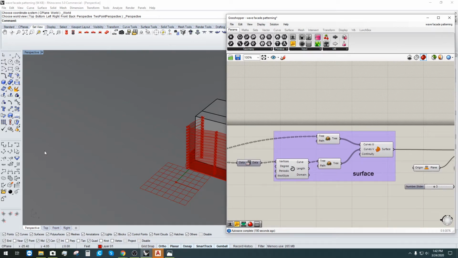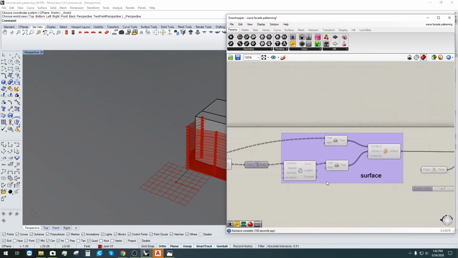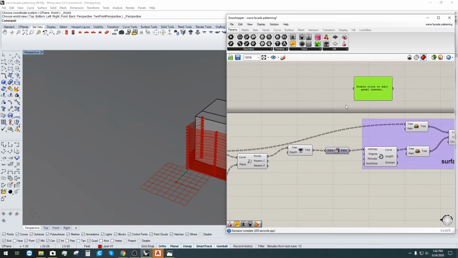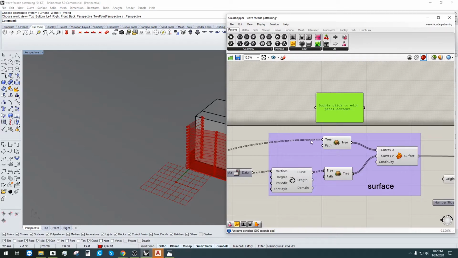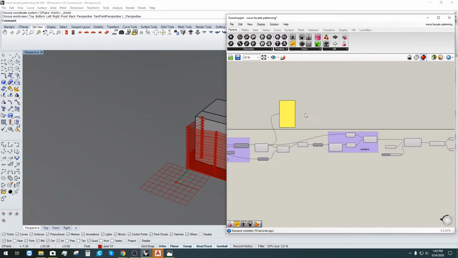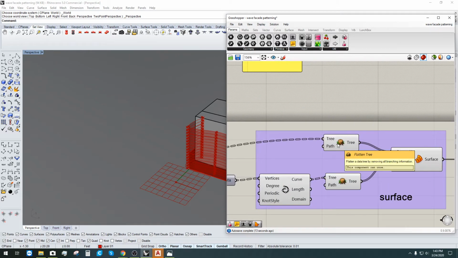Well, that's a good question, and here's a little trick: sometimes for me it's basically working backwards, reverse engineering what it is. The way I can find out is to bring in a panel, and then we can see what this component does by seeing what comes in and what comes out. Looking at this tree, we have all of these curves coming in. We have one, two, three, four, five, six, seven curves, right? And after we put it through this one, which is flatten tree,